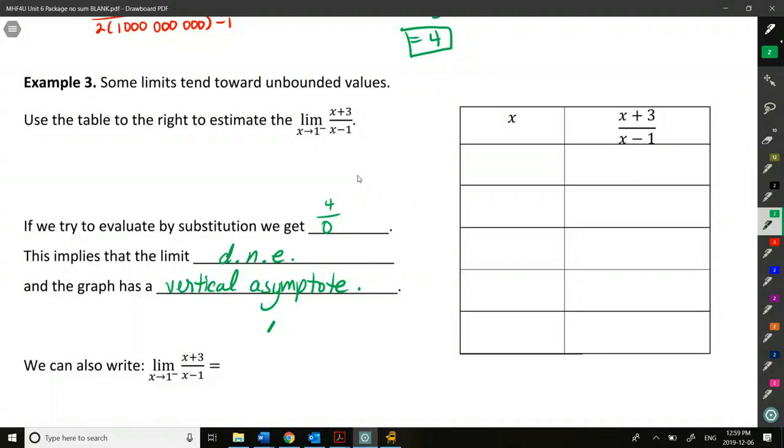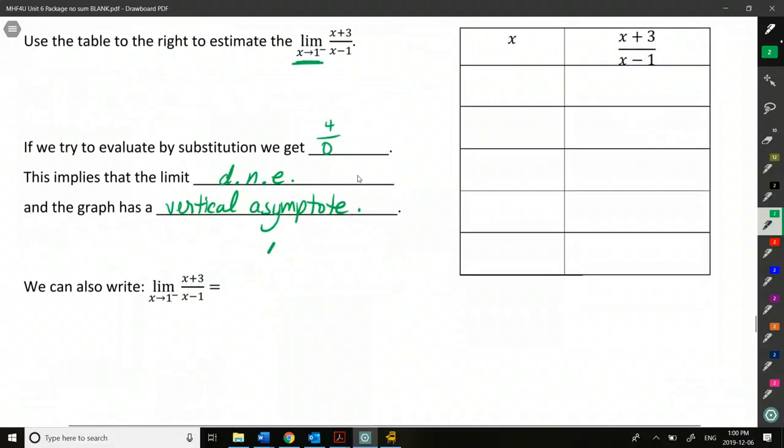But if it doesn't actually approach a particular number, infinity, as we know, is just a concept. In that case, the limit doesn't actually exist, right? It's not approaching something in particular. So what we can do is kind of what we did above with that horizontal asymptote question. We could try a couple x's that are getting closer and closer and closer to 1 from the left. So if I think about a number line,